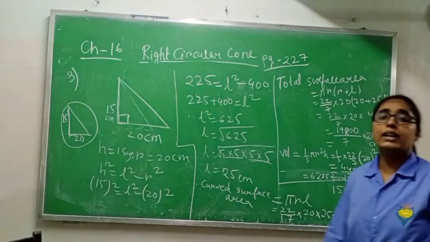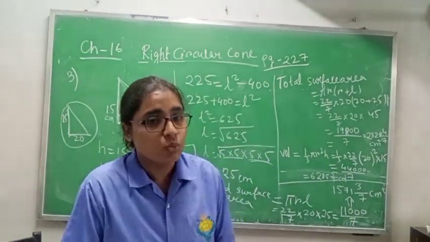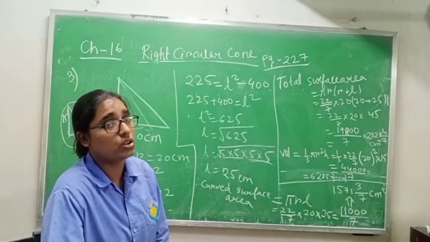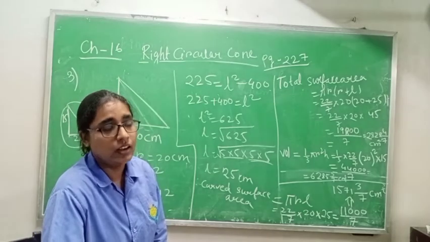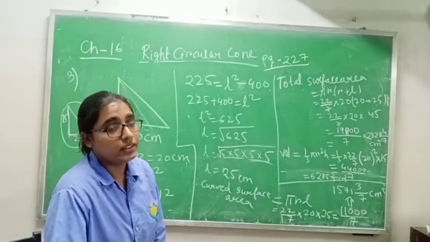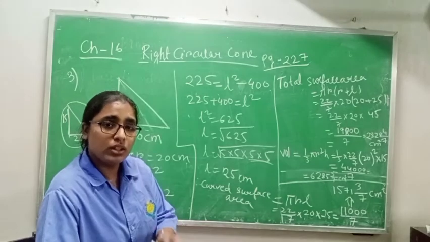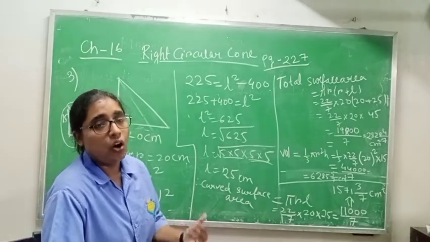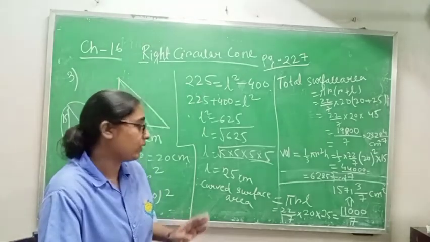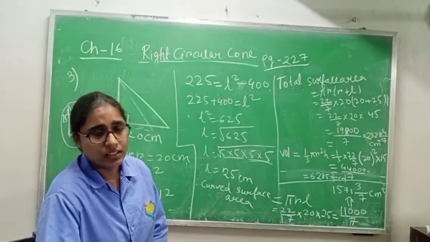If you are finding the answer in decimal, it will not be wrong. You can find the answer either in decimal or in fraction, because in the question they are not saying whether you have to write the answer in decimal or fraction. But if in MCQ there is an option in fraction only, then you have to find in fraction, or if in MCQ there is an answer in decimal, then you have to find in decimal. Otherwise you can find in either decimal or fraction, your answer will be correct.